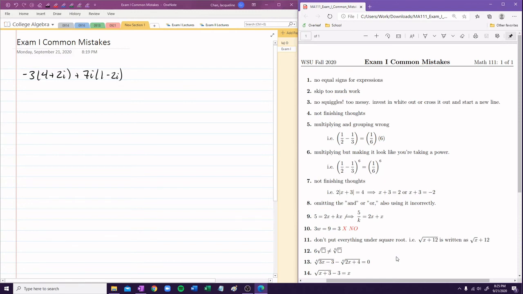One of the mistakes I saw was that a lot of people did not put equal signs for expressions. What do I mean? Let's look at this problem. This is an expression. People would just put negative 12 minus 6i plus 7i minus 14i squared. Then they would say negative 12 plus i plus 14, and then 2 plus i. Right? So you need